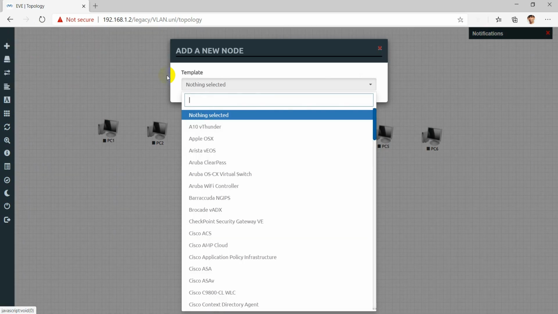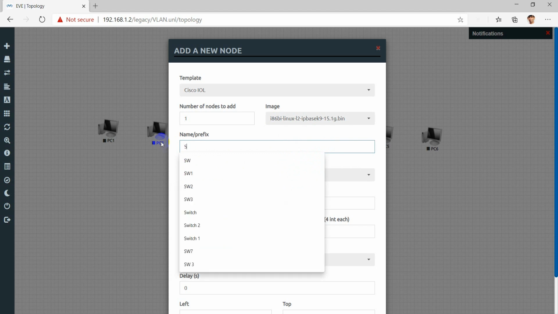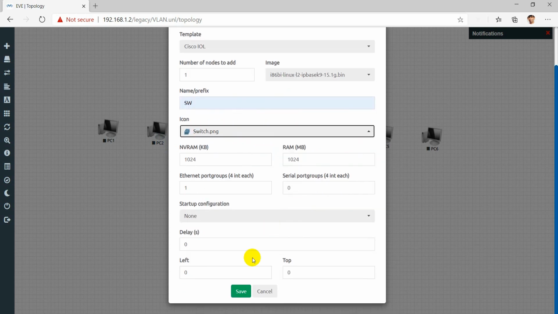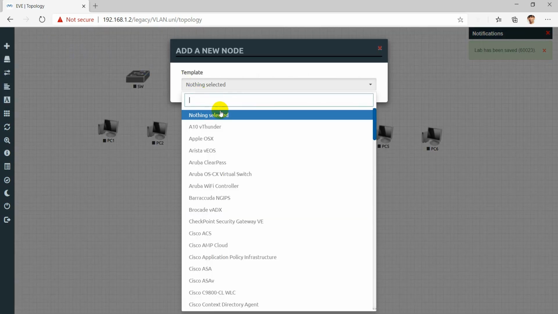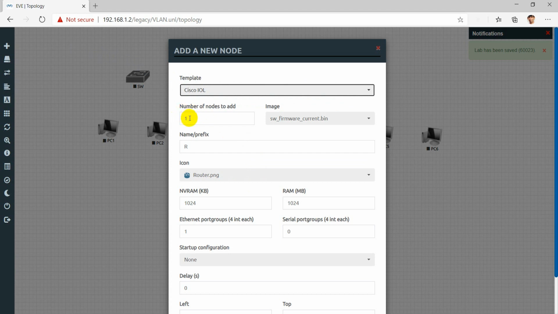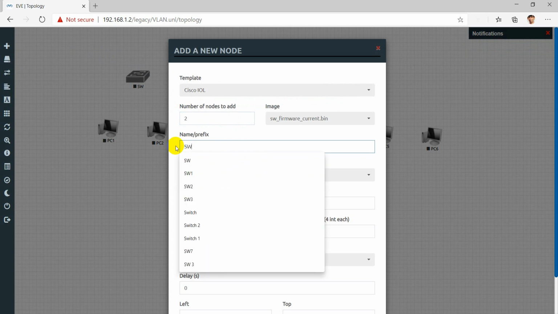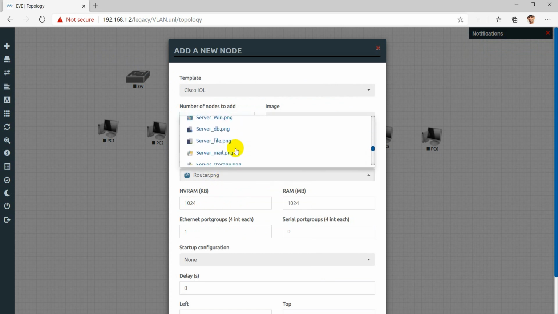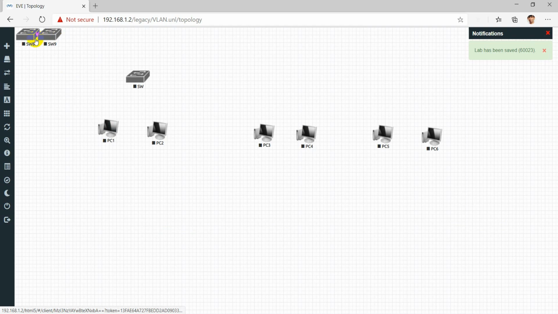I'll take up switches as well. Now I have selected the switches.